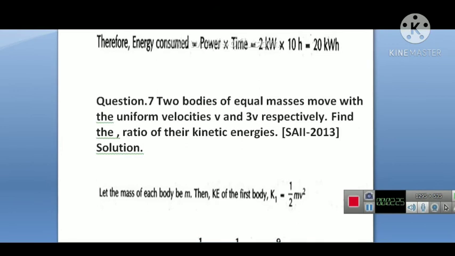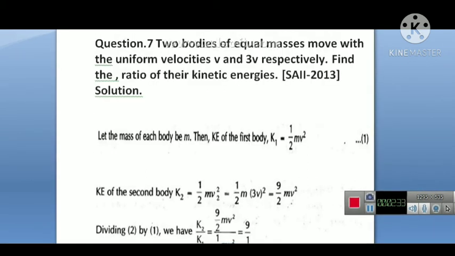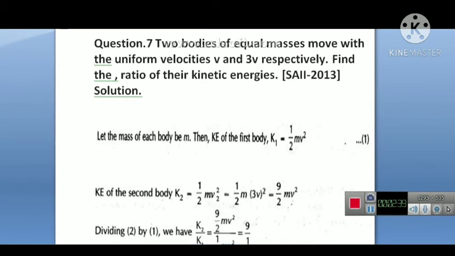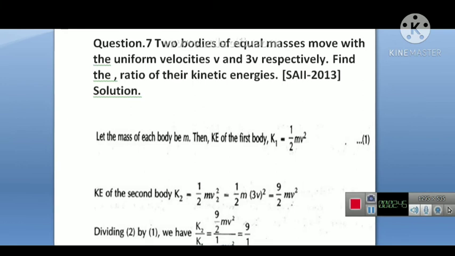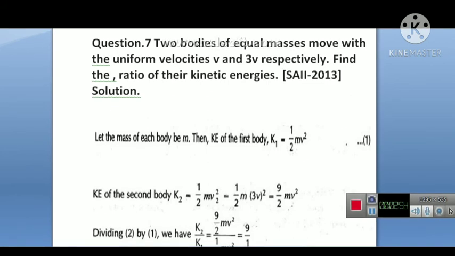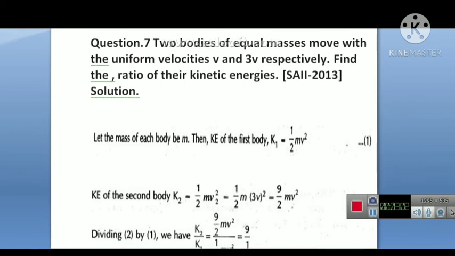Next question. The two bodies. So kinetic energy we can calculate by the formula 1/2 mv square. Two bodies are given, so we will consider each body of mass m, but kinetic energy will be different because the velocities which they have given are different. For one body it is v, and another body it has 3v, means 3 times the first body. Therefore K1 and K2 will be considered for their kinetic energy. K1 will be equal to 1/2 mv square, and K2 also will be equal to 1/2 m (3v) square.